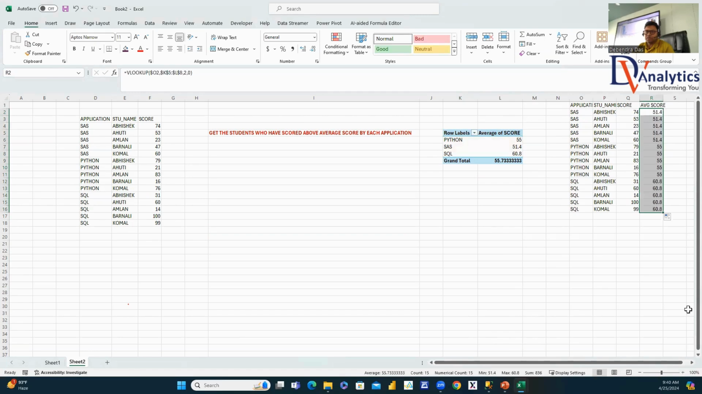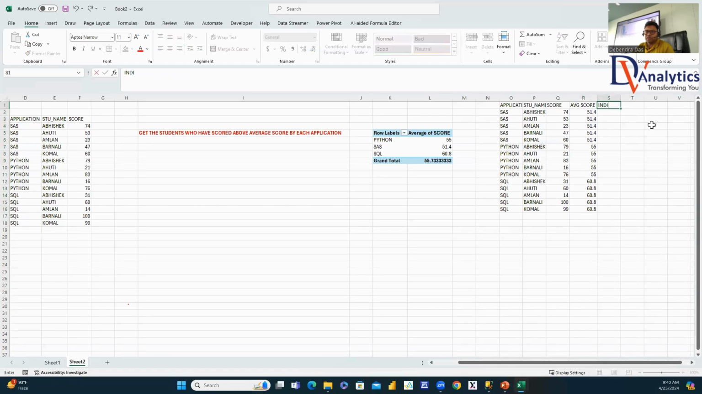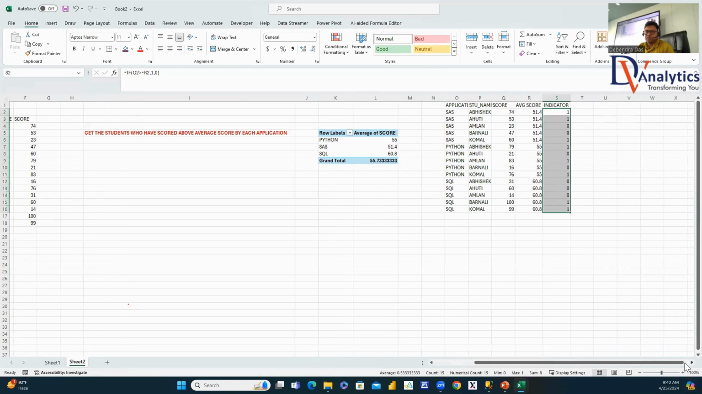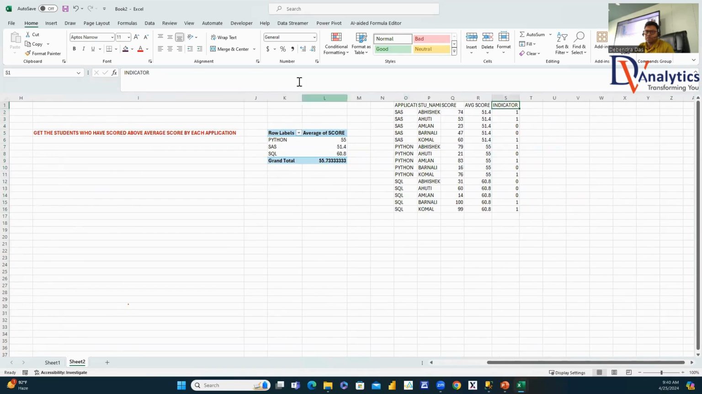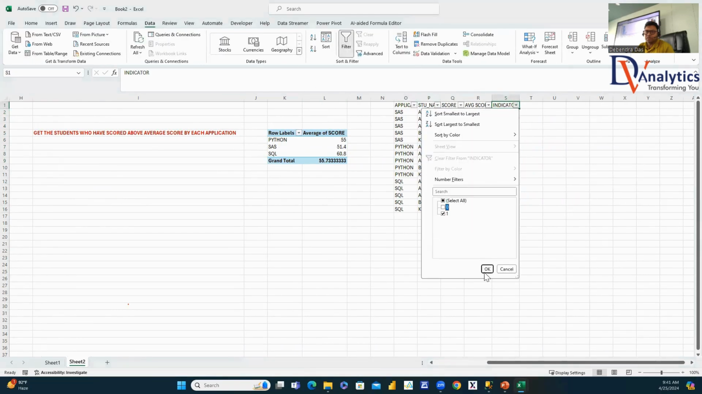So now we got it. How would you identify students? You will create an indicator. What is the indicator? If the score is greater than or equal to the average score, then call it 1, else call it 0. Are you getting this, guys? Everyone? So now, if I make a filter on only 1,